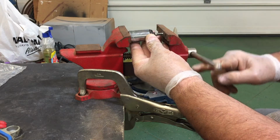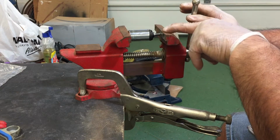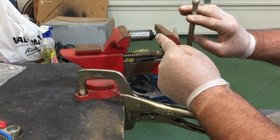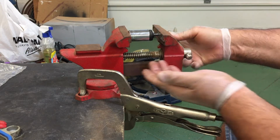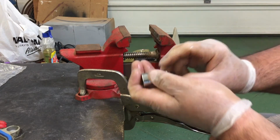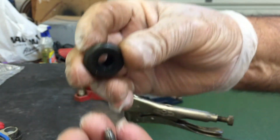like so, so that you're compressing that bolt up into the side of the socket, and it's going to go past the little holder with this flange. So by turning it in, you're compressing that little rubber seal, and you'll see it when it's done. It'll fall right out in your hand, and then you just pull it off